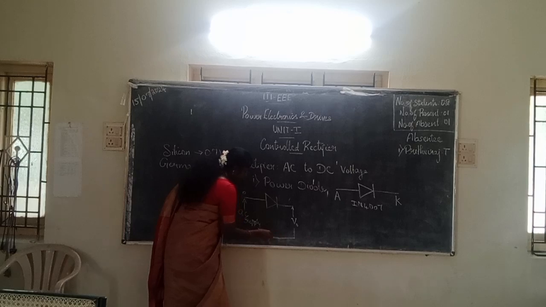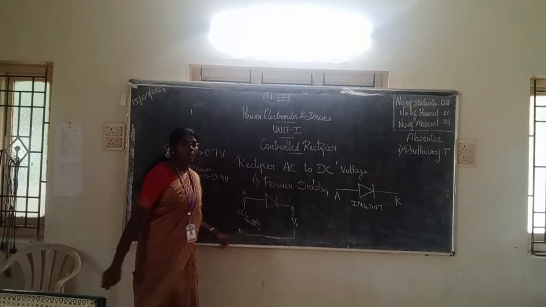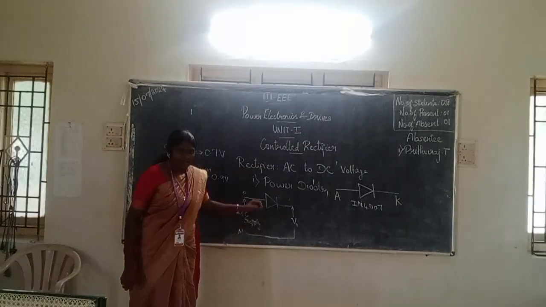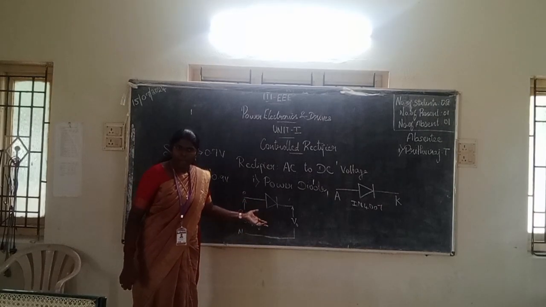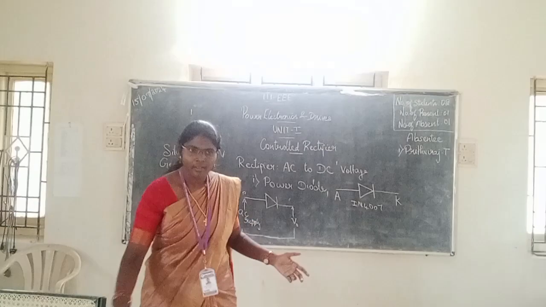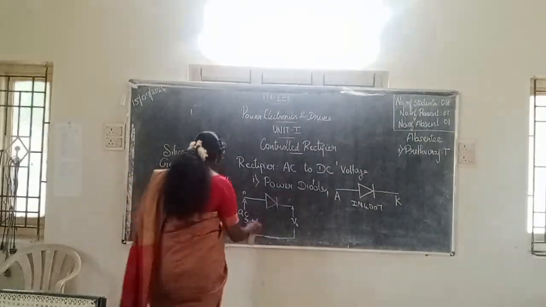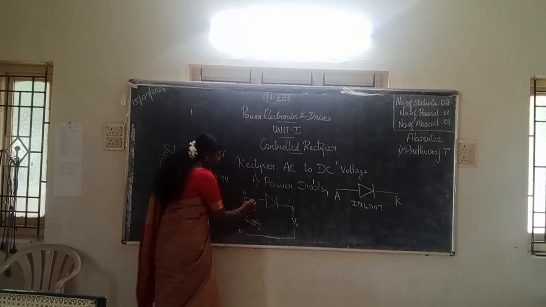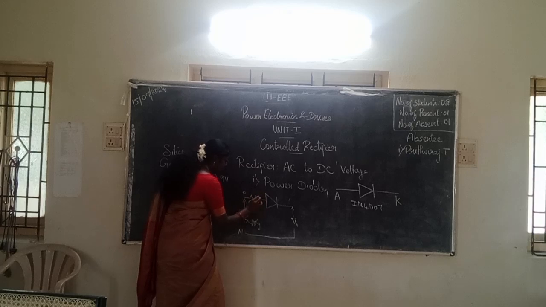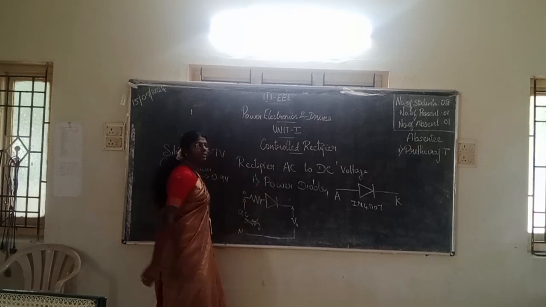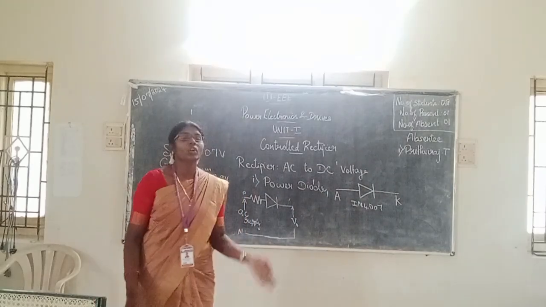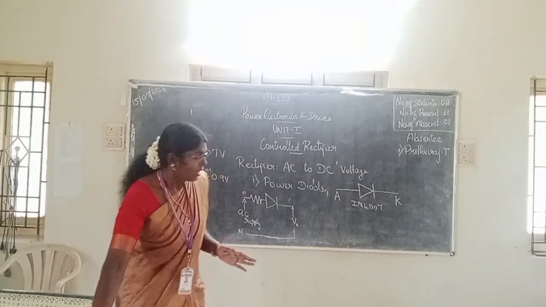Okay. So if I straightly give it like this, what about my diode? If my AC voltage fluctuates, what happens? My diode will be damaged, right? So what will we be doing? I will be connecting a resistor to limit the current. Okay, so I will be connecting a resistor to it. If I want to convert this AC to DC, or else we can connect in